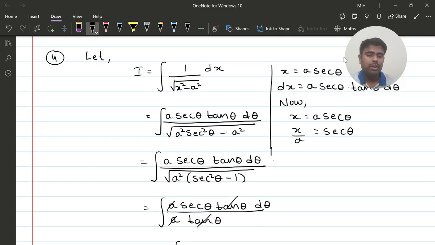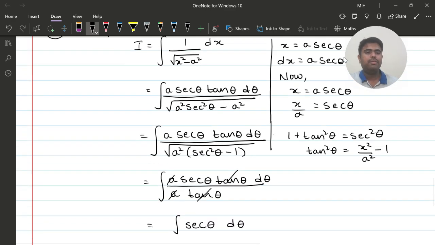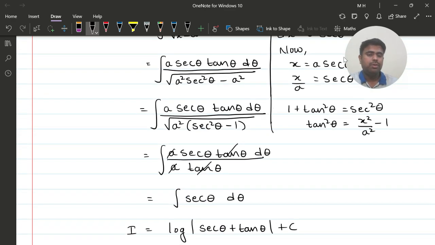If we need tan theta, we know sec theta and need tan theta. So what is the relation between tan and sec? 1 plus tan square theta is equal to sec square theta, right? So we know sec square and need tan. Therefore tan square theta is equal to sec square theta, which is x square by a square, minus 1, right? So this will give you what,